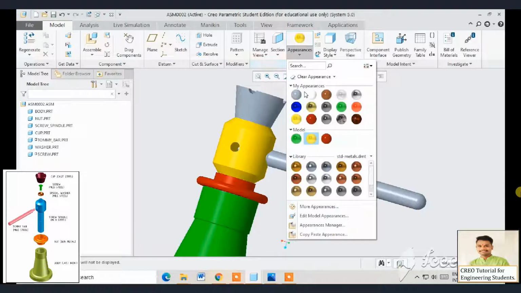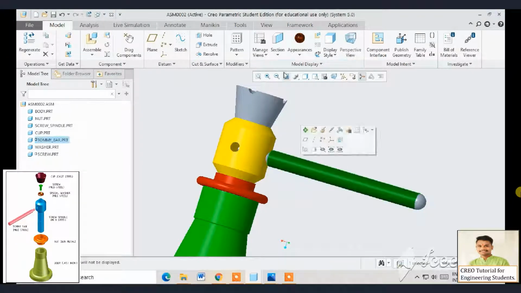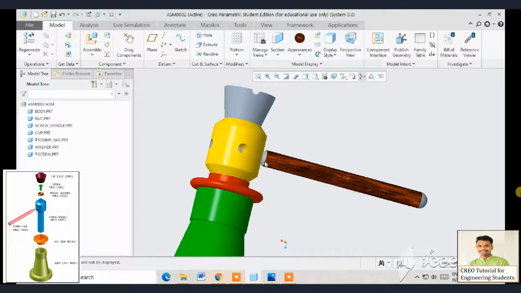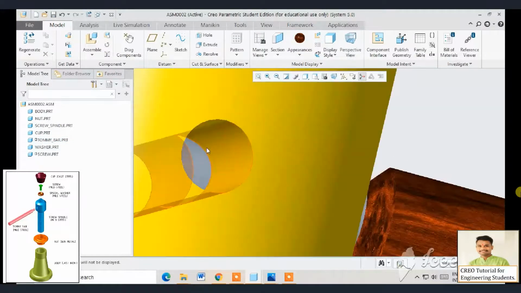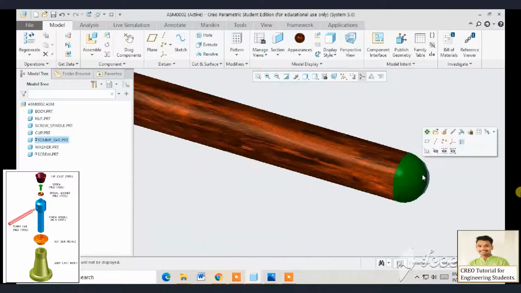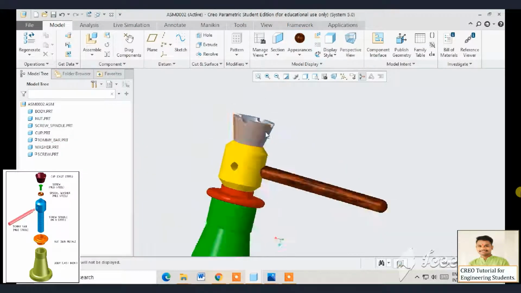Now the Tommy bar. I am going to give this metal color for this Tommy bar. Generally the Tommy bar is made of mild steel, hence I am giving this color for the Tommy bar. In this way the Tommy bar is looking like this.